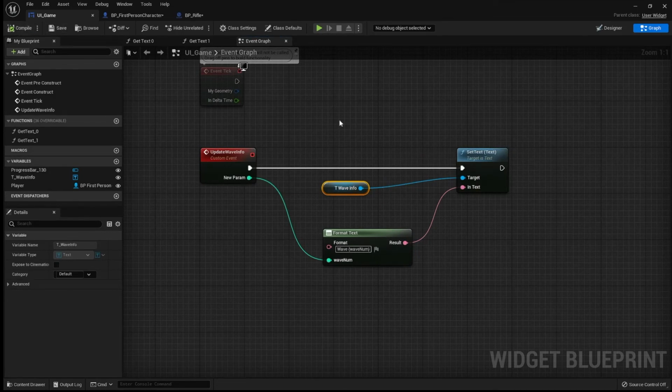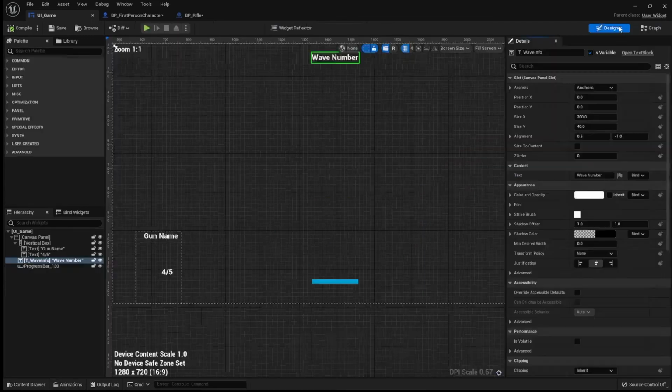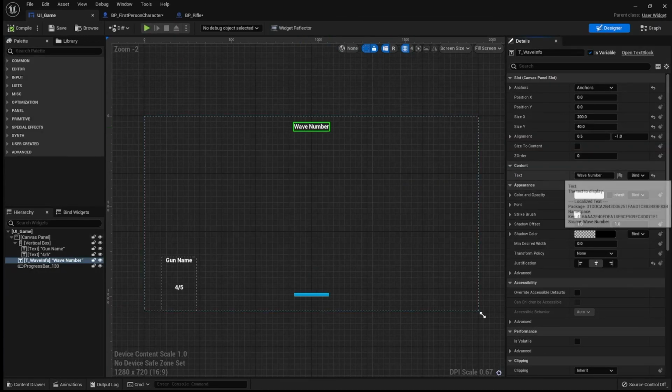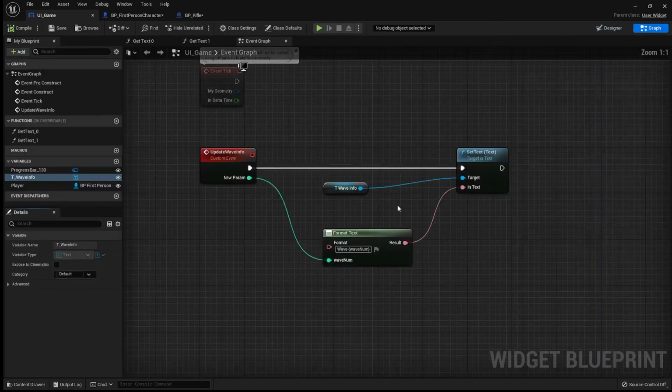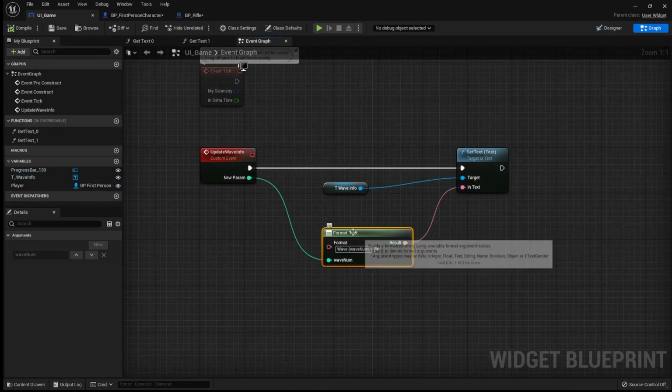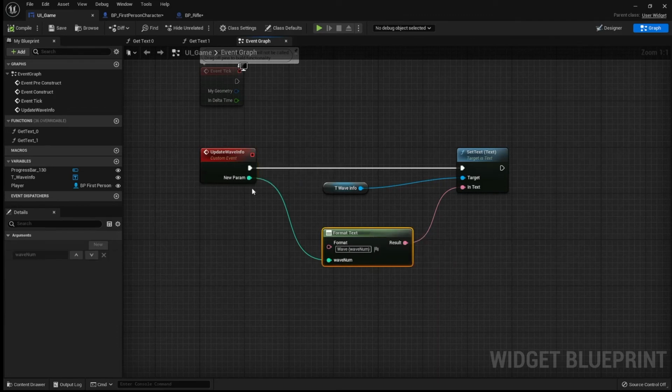One more thing while we are here. I'm going to go back into the designer, and where it says wave number, I'm going to set the text to begin with to starting soon. Brilliant. Now what we're going to have to do is we're going to have to update wave info and pass